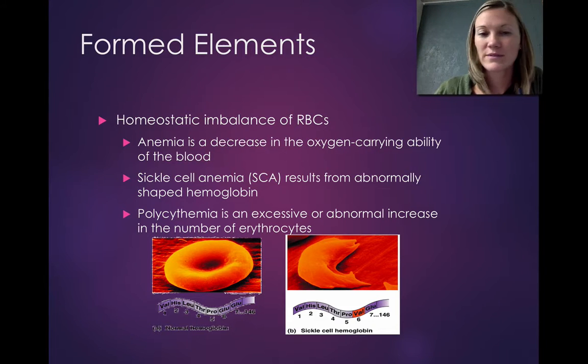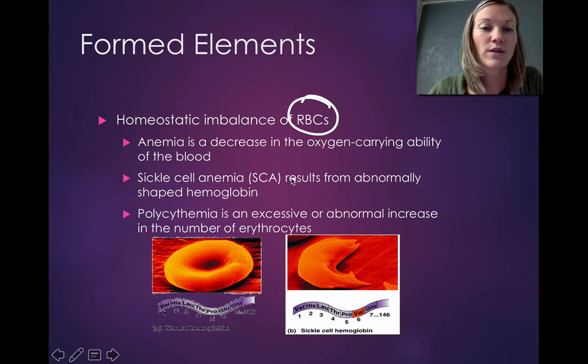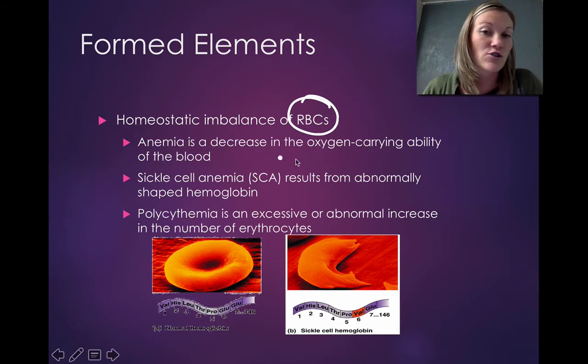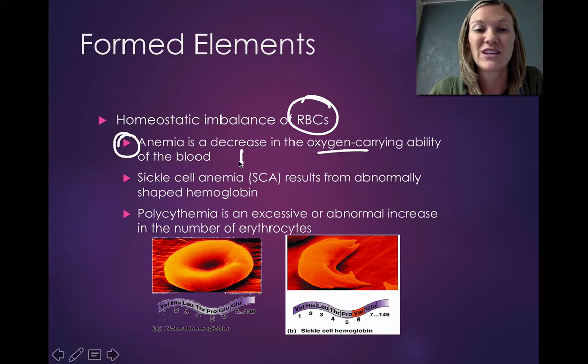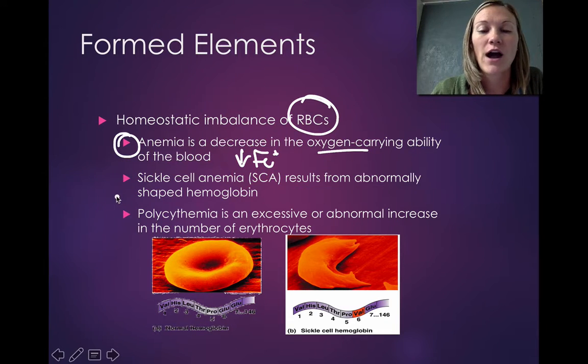So more about the formed elements. We're still talking about red blood cells here. So still in red blood cells, anemia is the decrease of oxygen carrying ability of the blood. Typically patients or individuals that are anemic are ones that have a low iron count. So women that are menstruating can run a higher risk of having anemia. Patients that are having blood issues can tend to be anemic, but it basically has to do with a decreased